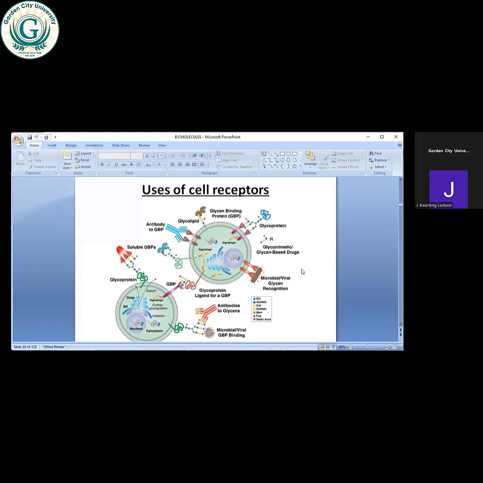Let me give you an example. The HIV virus is in the blood, but it doesn't affect the red blood cell, which is also in the blood, but rather affects the white blood cell. Why? Because it is able to bind to receptors on the white blood cell and then enter into the white blood cell to cause damage. But it doesn't have a receptor on the surface of the red blood cell. So it is with the red blood cell, but it can't infect it.